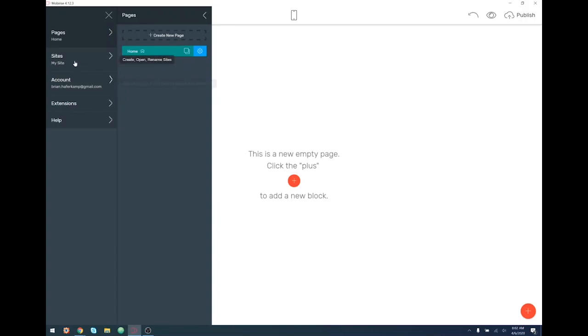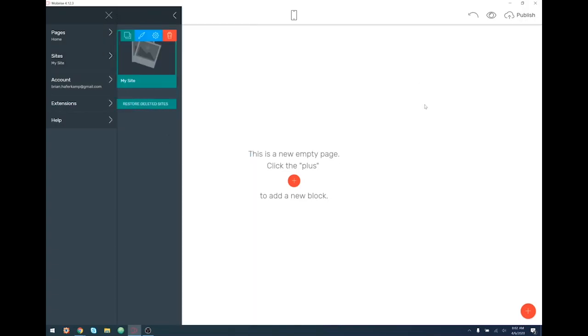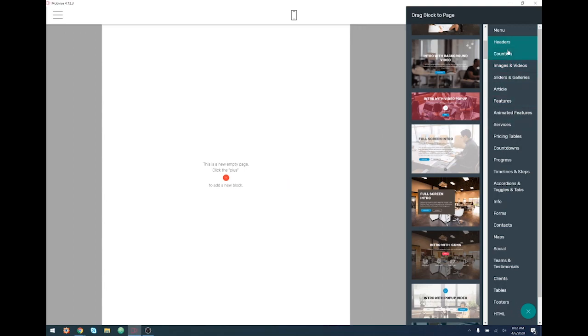It's all just the base websites. In fact, this is the original website. It has some pre-filled blocks, and I just deleted all those. So we're starting totally blank, and you can see that it's an empty page. So click the plus icon to add a new block, and that's down here. You can add a new block to the page, and I'm going to start with